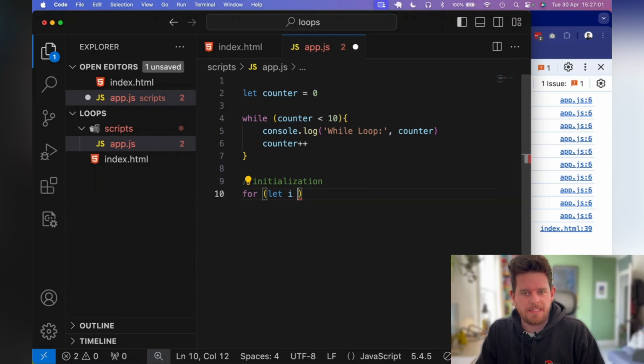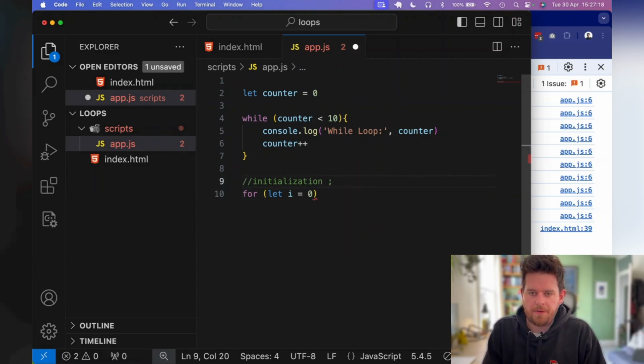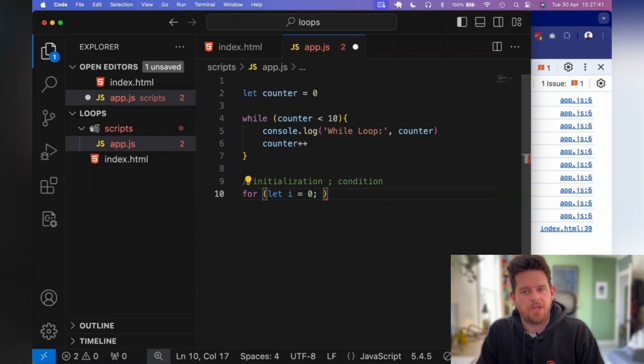So we need to initialize this i as something. For this, just to make it do the same thing as our while loop, we will initialize this as 0. Now, the next thing that we need in our for loop is a condition. So when something is true, we want to run the for loop again. When it's false, we want to stop the for loop. So what we can do in here is add a semicolon,